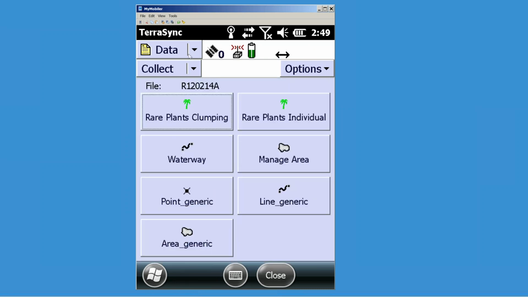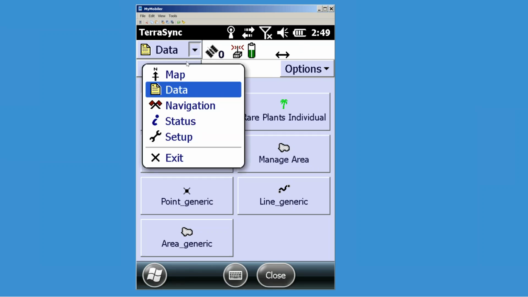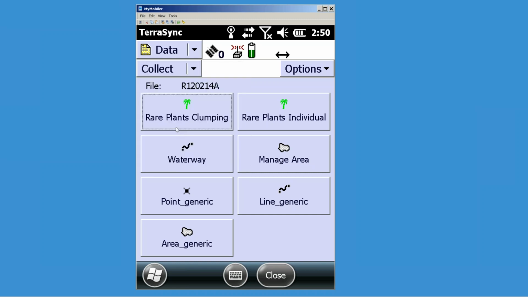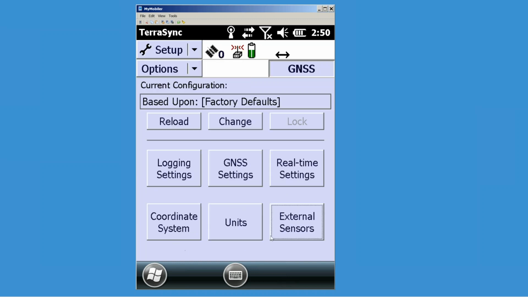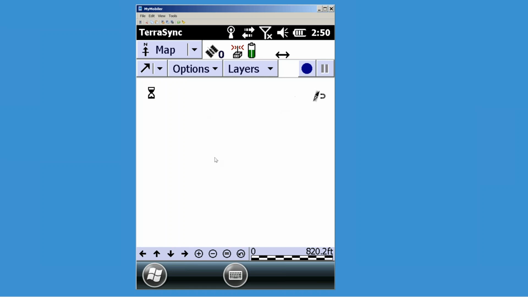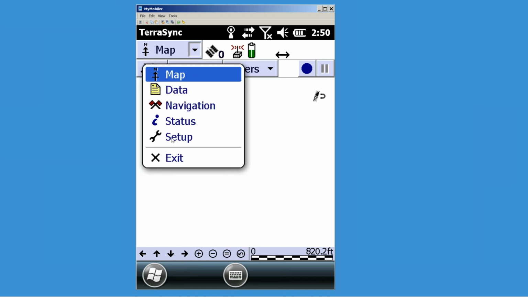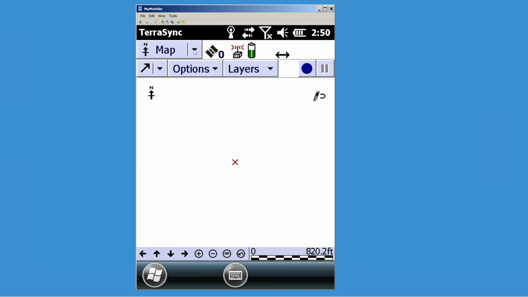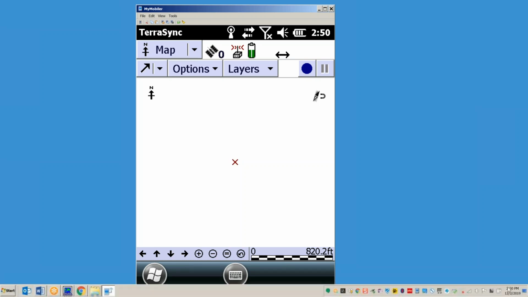I think we'll save everything else for Wednesday since we're kind of running up on that time. But the main thing was just the initial setup of TerraSync, which is all these menus. And we'll kind of go over this a little bit again on Wednesday as a recap. Our 5 main menus. So Wednesday, we're going to work on data. We're going to work on this map menu. And a little bit of focus on the status menu. So I think as far as the settings, I'll kind of leave it at that for today,